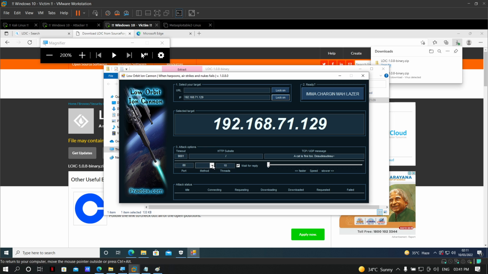Go with the methods. There are only 3 methods allowed. You can go with HTTP, TCP, and then you can use this roller to increase or decrease the intensity for your DOS attack. Right? After that part, just start your attack. One more thing, if you want, stop flooding and don't wait for reply, and start sending your request.